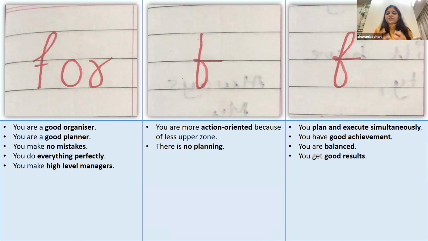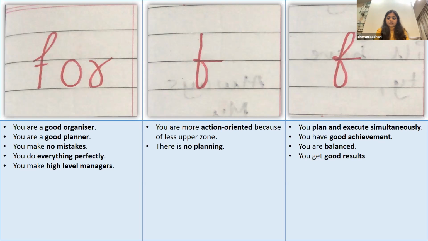These people are very action oriented. They are not going to plan well. They're going to be very spontaneous. They're not going to plan for days and days. They have a lot of spontaneity. They're just directly going to take the action. They'll perform the action without any thought on it. So these people will plan less and perform more, and they will behave in an unplanned manner. All right. Then we'll go to the third one.